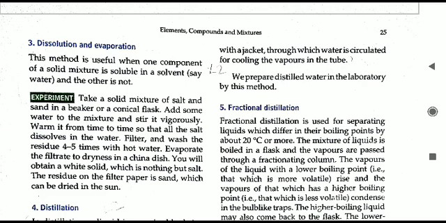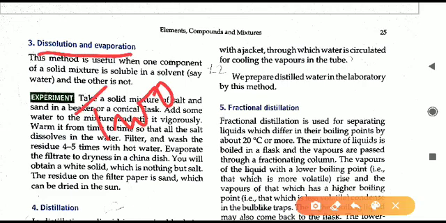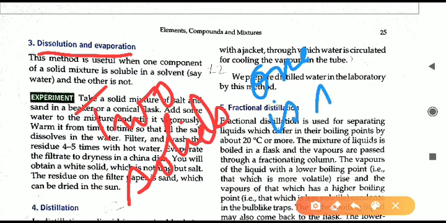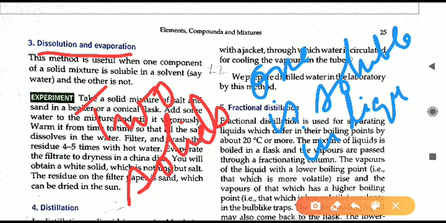Already I explained one of the solid. In this, what is there? Two solids are there. We are separating two solids from each other. Out of these two solids, one solid is soluble in liquid. What is that liquid? Mostly it is water only. It can be other liquids also. So I am not using the word water, I am using liquid. Any of the liquid can be there. So out of the two solids which are present in the mixture, one is able to dissolve in the liquid, another one is not able to dissolve, or another one is insoluble in liquid.